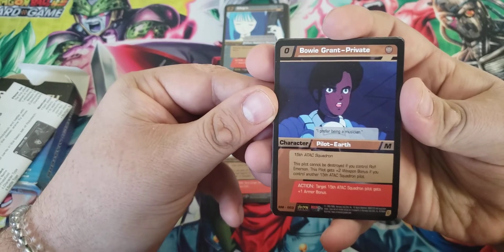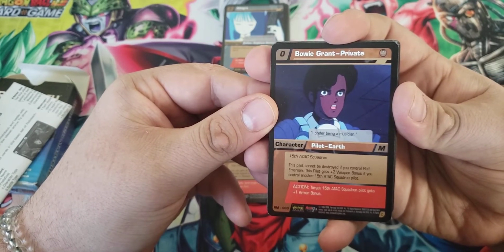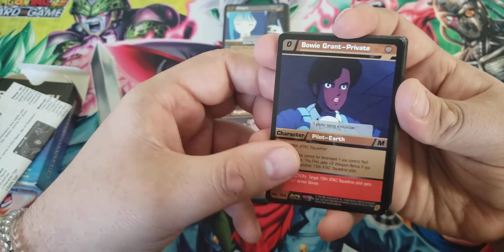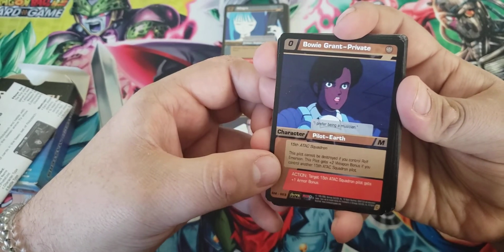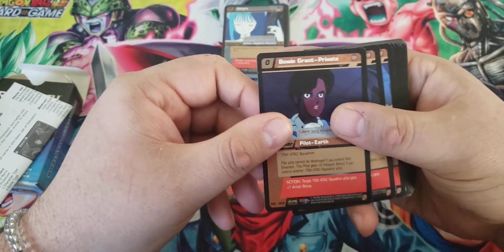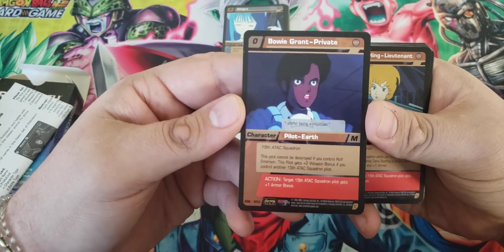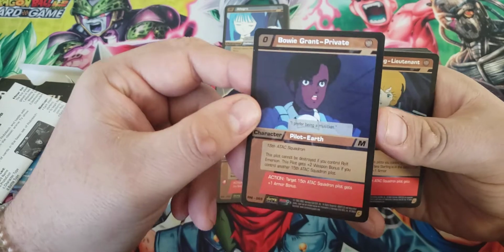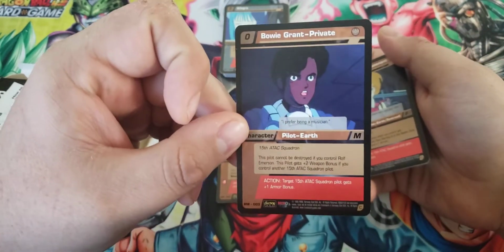Bowie Grant, Private, 15th ATAC Squadron. This pilot can't be destroyed if you control Rolf Emerson. This pilot gets +2 weapon bonus if you have another 15th attack squadron pilot, just to stop saying that acronym. Action: target 15th attack squadron pilot gets +1 armored bonus. This is a 0 cost. This is a nice early play, but it really gets better if there is someone else already in play, or if you add someone the following turn. So it should be a great turn 1, and then on your next turn, play another pilot